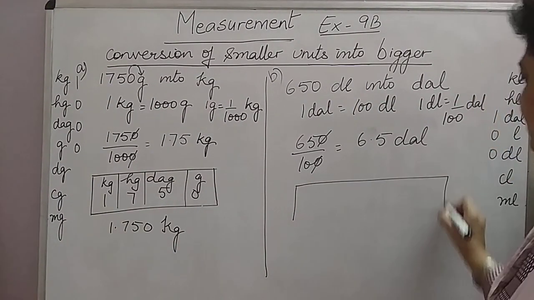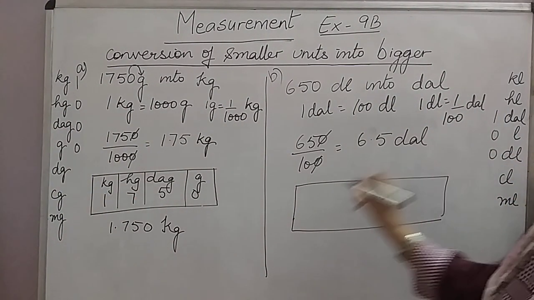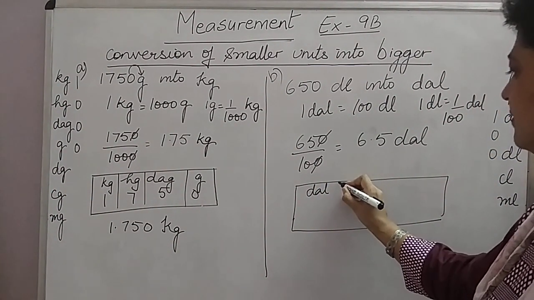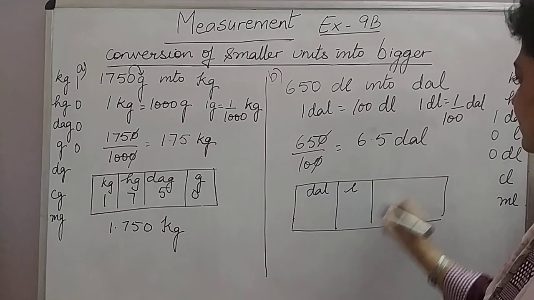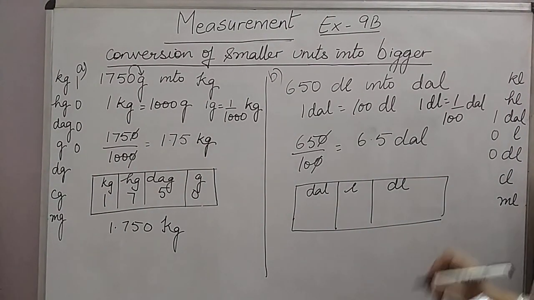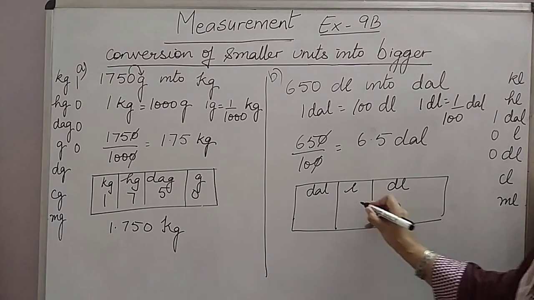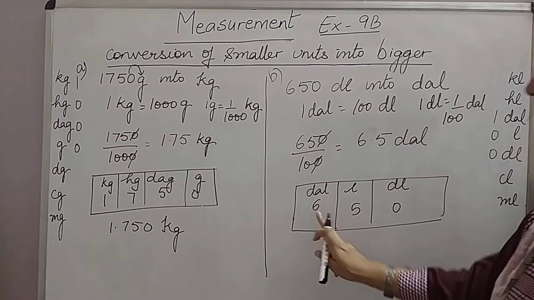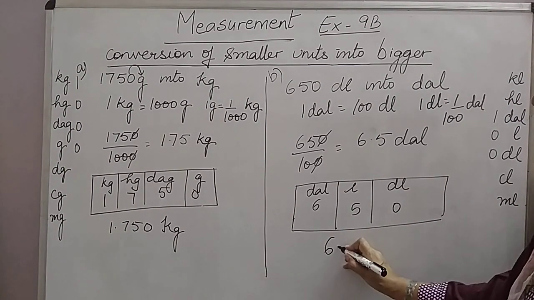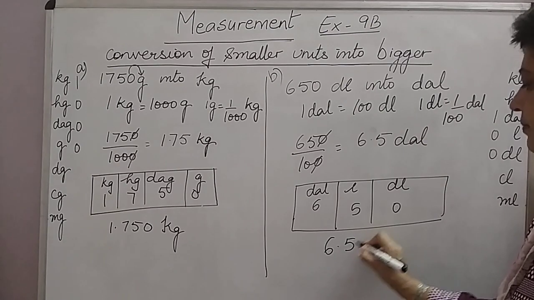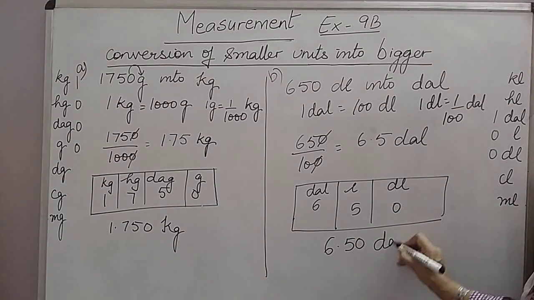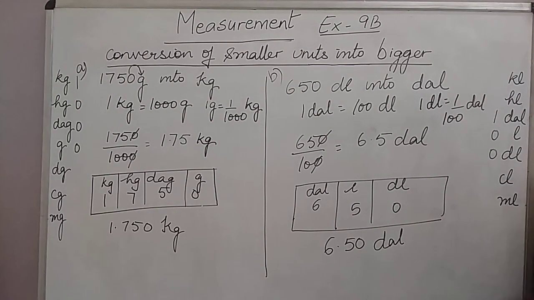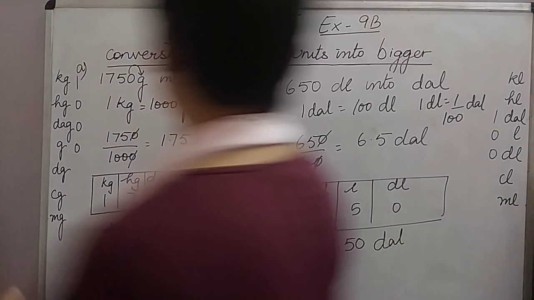Now let's do it with the place value method. We can start from decaliter only since we do not have the bigger units. Decaliter, liter, deciliter. So 0, 5, 6, 6 and after that a decimal will come and we'll write the remaining digits and the unit will be of the one before the decimal. Now let's take another example.